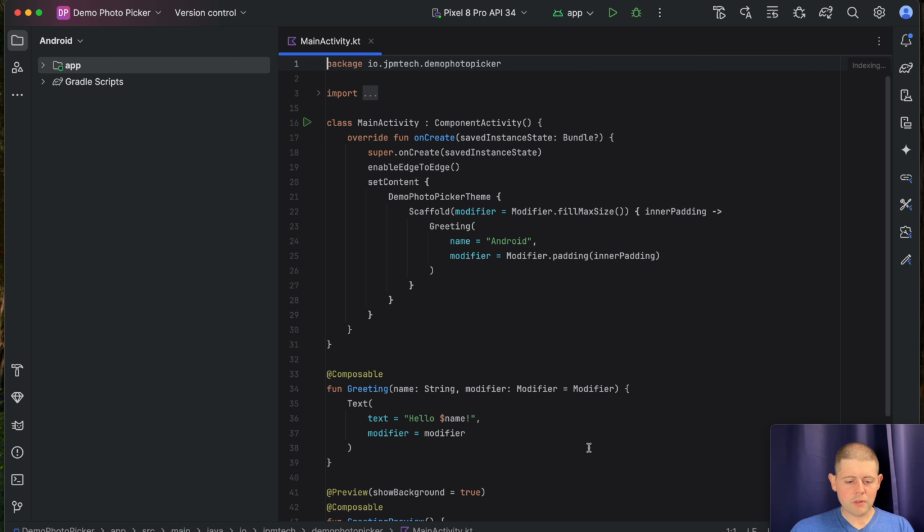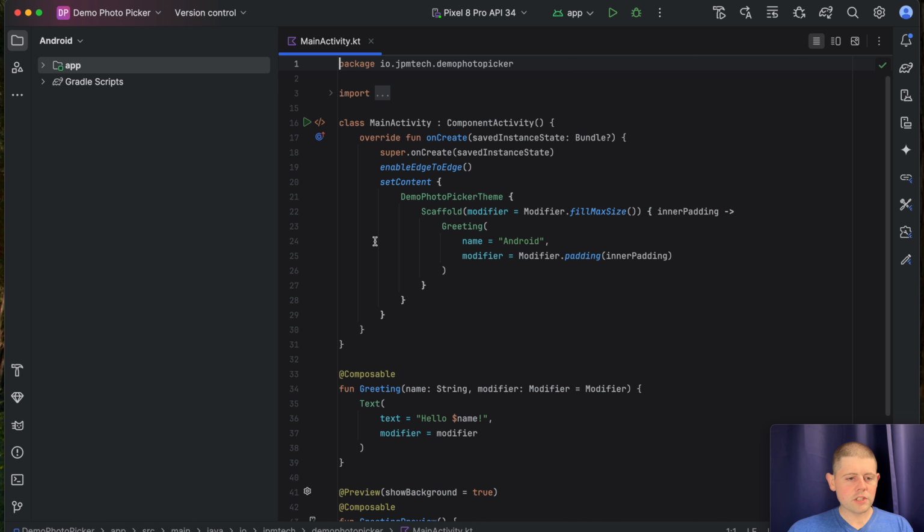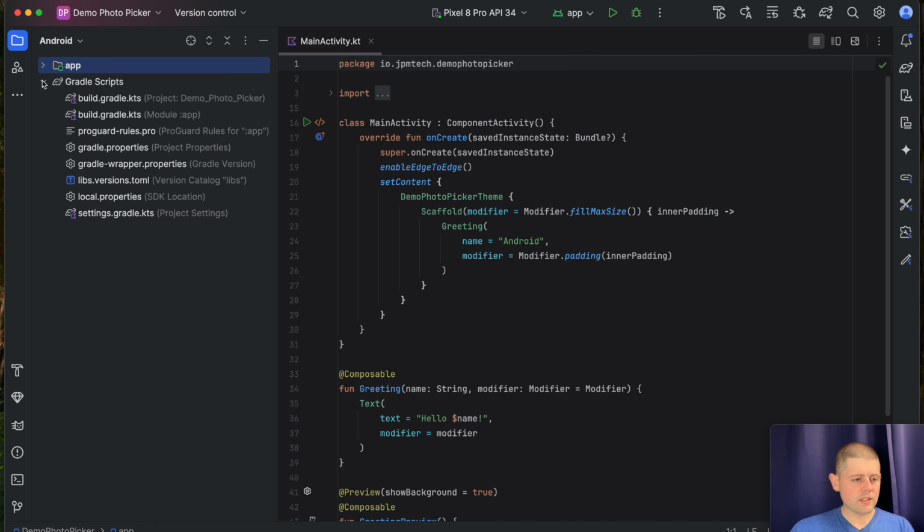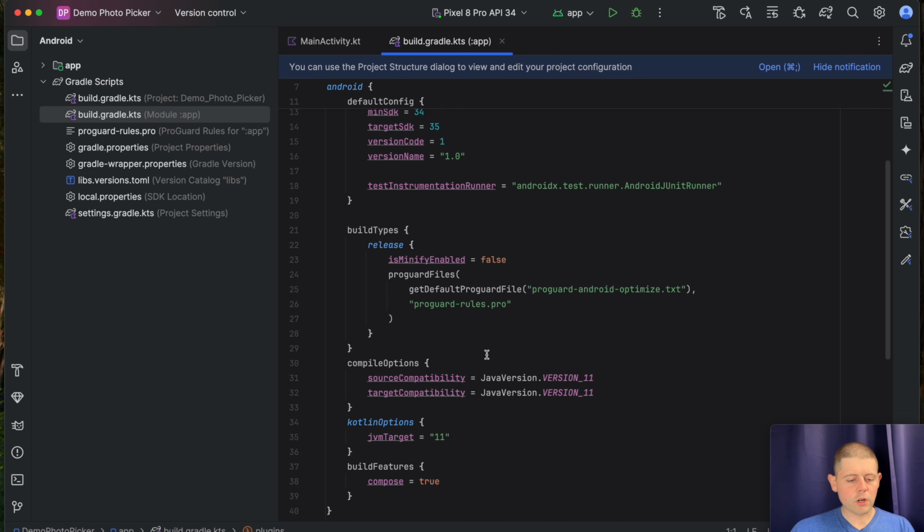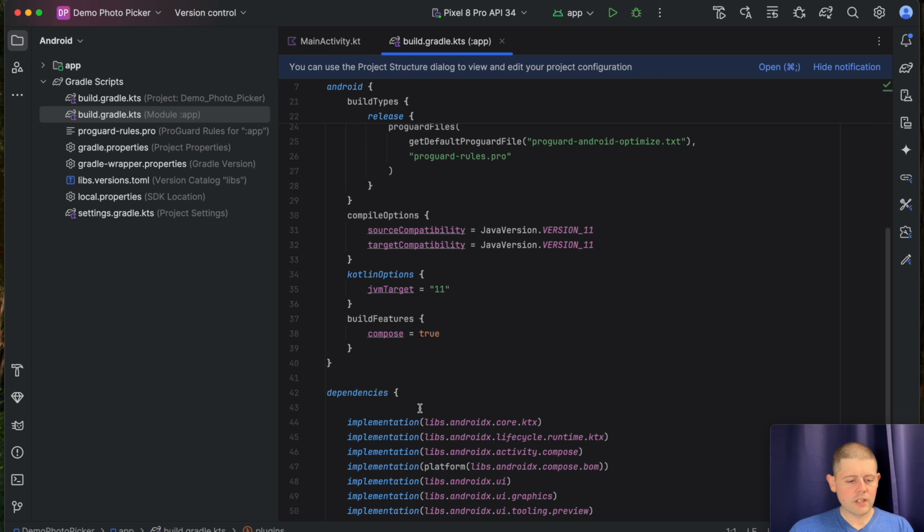Gradle's just now wrapping up running. And the first thing we want to do for this project is add a dependency. Now, this dependency is actually not required for the project itself. It is simply required if you want to view the photos in the project that we're working with today. So we'll go ahead and add our dependency, and that dependency is an implementation of